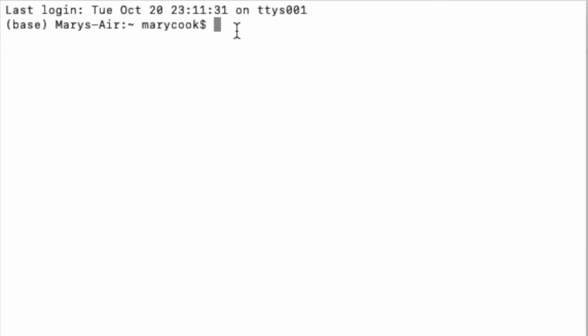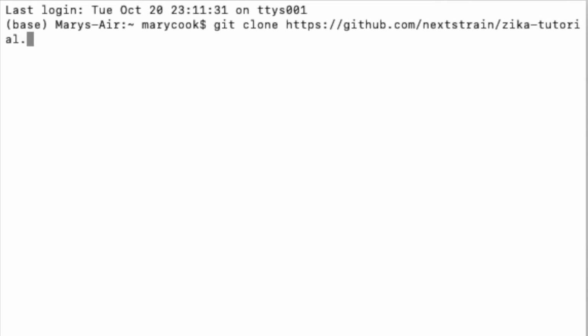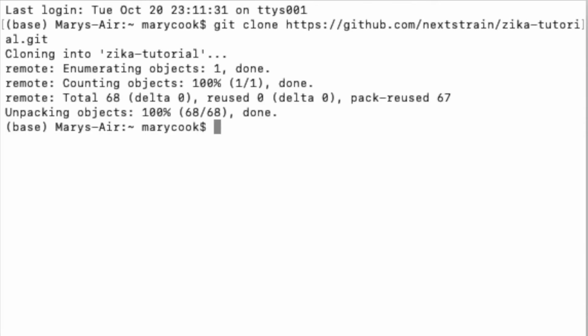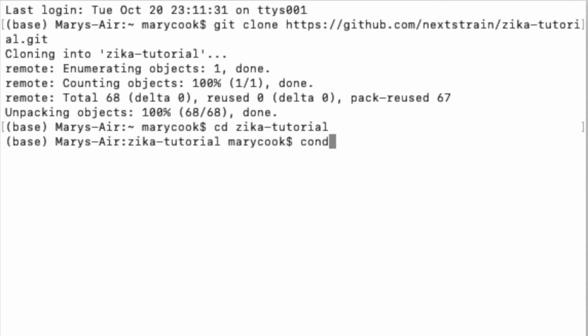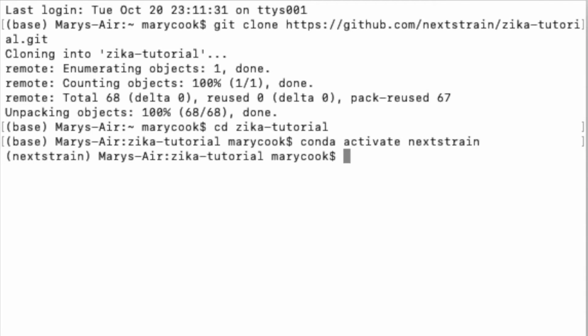So first, I'm just cloning the Zika pathogen build, the GitHub repository for it, which includes the example data and the pathogen build script. So we won't actually need to manually go through each command because the pathogen build script will go ahead and automate that. Navigate to the Zika tutorial folder, and then make sure that you're in the NextStrain environment by typing conda activate